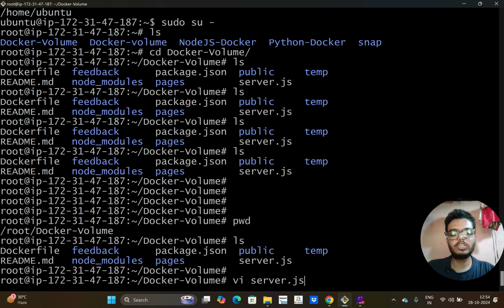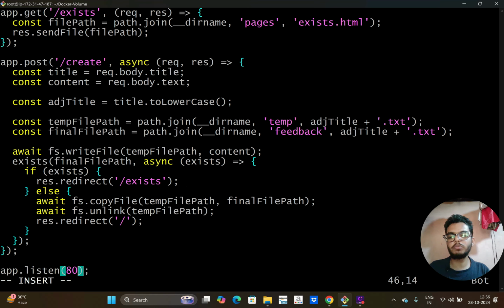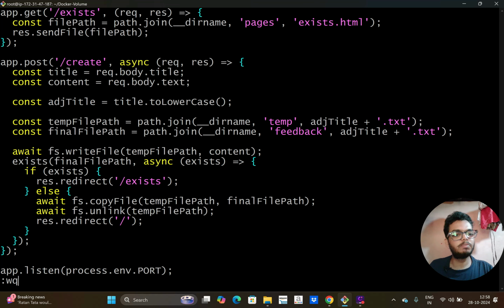Let's see env first. I told env we can add it in application code also. Let's do that now. I am modifying the server.js file now. In the server.js file, you can see the application port is hard coded here. Instead of hard coding port 80 here, I want to use the environment variable. In Node.js code, I can mention env as process.env, then dot and the environment variable name. That can be anything. I'm adding it as PORT here. Generally, we add it in capital letters. Now I'm saving this file.